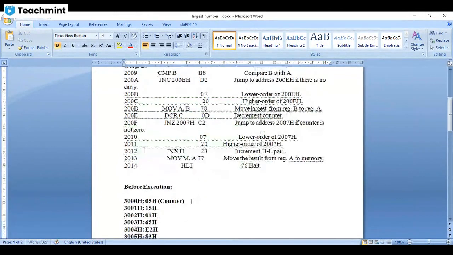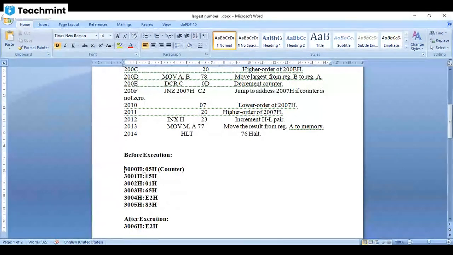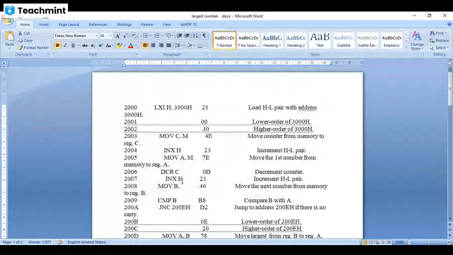So in this array the number of data is 5. So data is 15, 01, 63. From this 5 data we can find the largest number. So number of data is 5, so our counter is 05. Okay, so initialize the